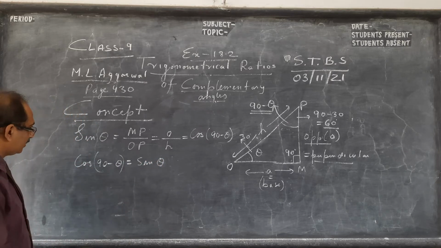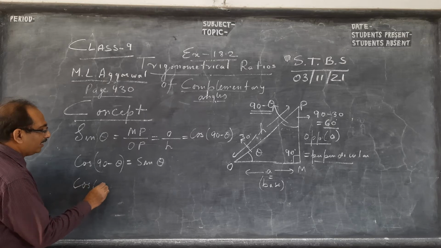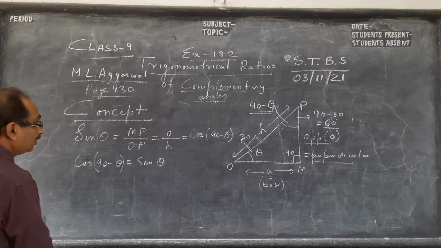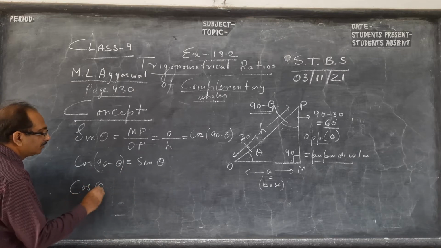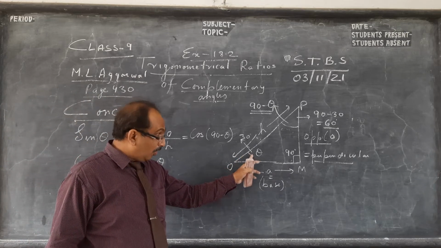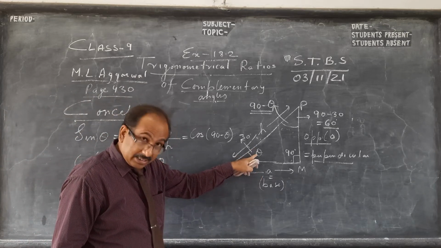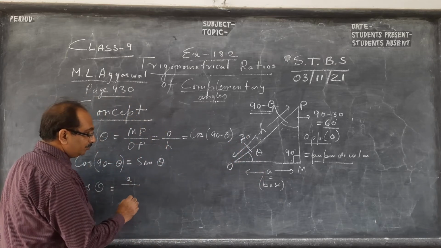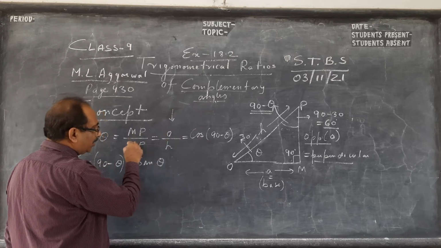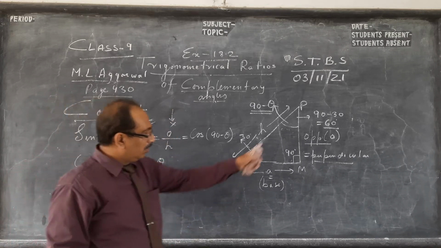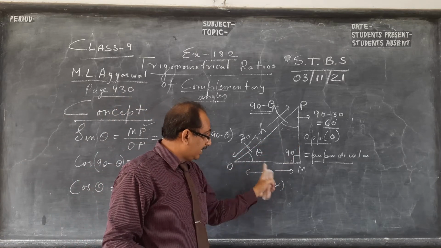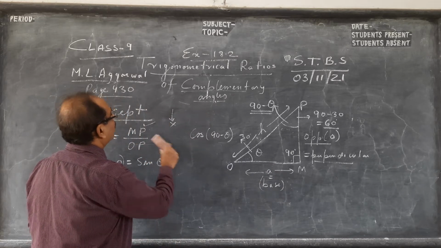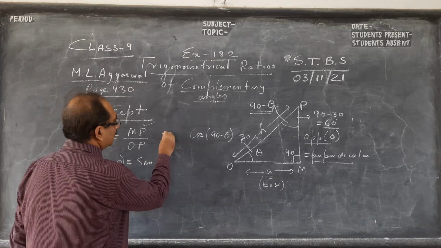Exactly the same way, boys. Suppose you take cos of 90 minus theta, sine of theta we took. Let us take cos of theta. This angle's cos. Cos you know is base by hypotenuse, so it is A by H. Okay. So with this naming you don't get confused. You better use this, because here O can become A for the other angle. The adjacent becomes opposite for the other angle. So better we avoid this, boys, because adjacent and opposite change.